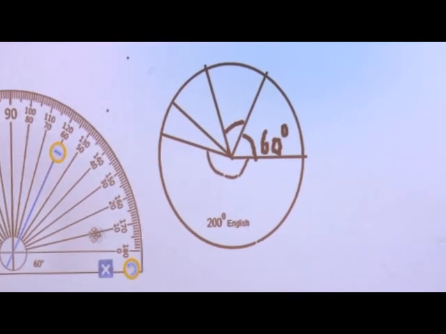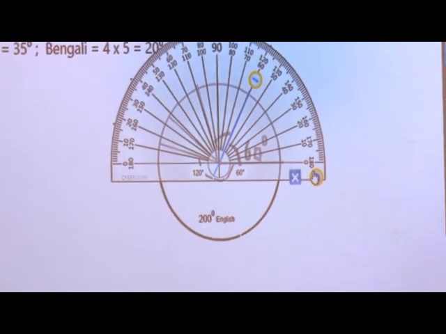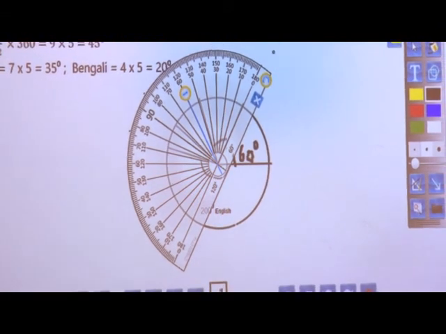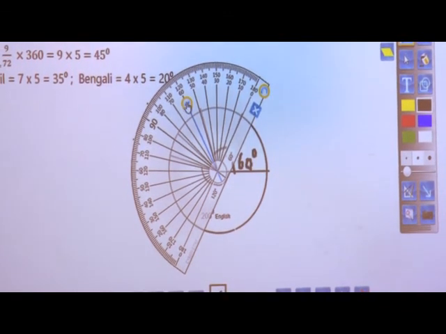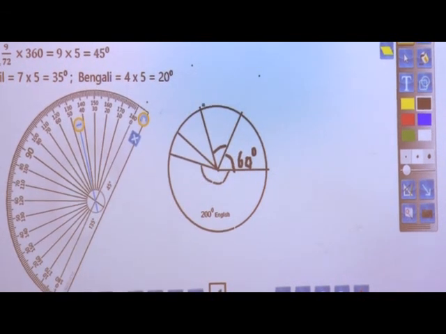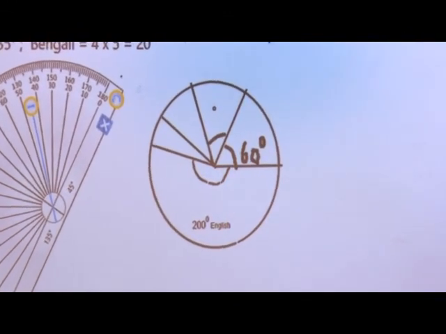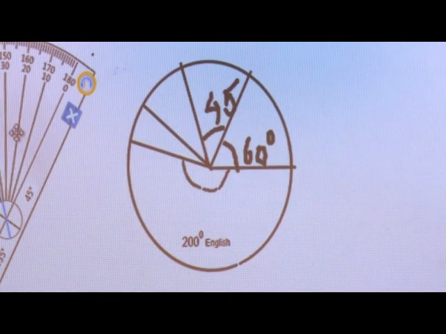Now, how to take the next one? Keep the protractor with the center, but the base line now will be the 60 degrees line. Now, the next language is Marathi, and it is 45 degrees. So, what do I have to do? I have to change this angle to 45 degrees. Here you can see I have set the angle to 45 degrees, and there I have drawn this line. From here to here the angle is 45 degrees. I am unable to write degrees, so I have written 45 so that you people can understand.